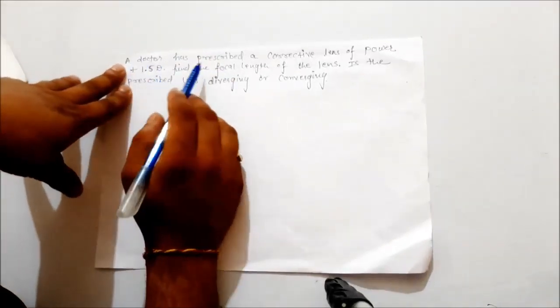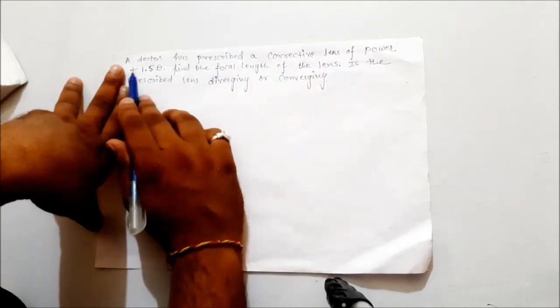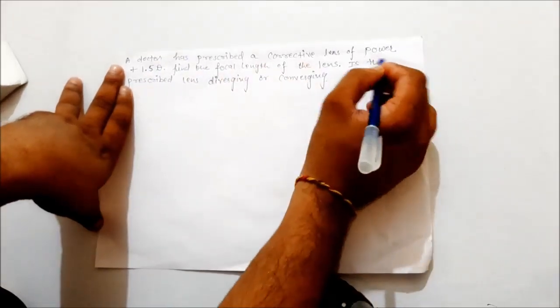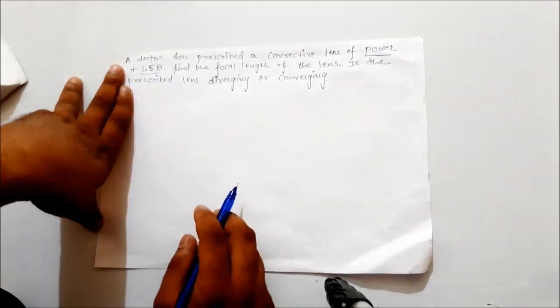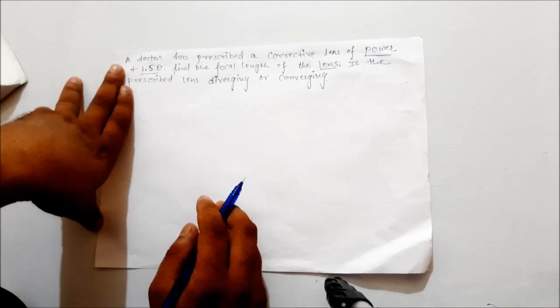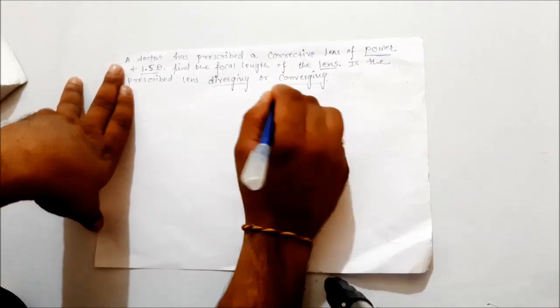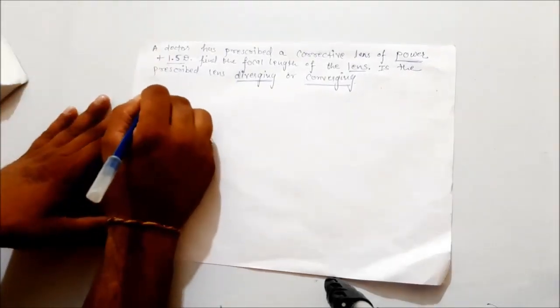A doctor has prescribed a corrective lens of power positive 1.5 diopter. Here we can say that the power of the lens is given to us, that is 1.5 diopter, and it is positively signed. Find the focal length of the lens. We have to find the focal length of the lens, and the lens prescribed by the doctor, is it a diverging lens or is it a converging lens? Okay, very good. Now first of all, what is given to us? They have given us